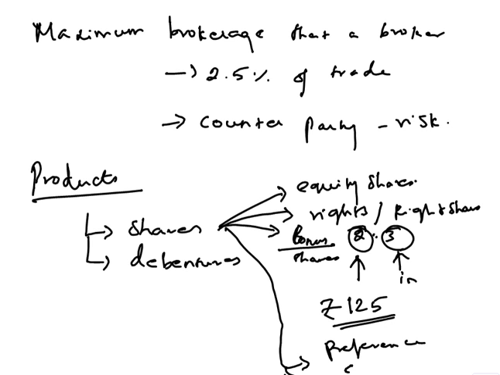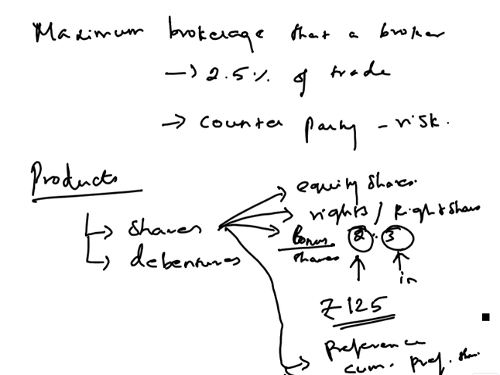And there is something called cumulative preference shares. That is a type of preference shares on which the dividend accumulates if it remains unpaid. Okay, fine. So if I'm not paying dividend, it gets accumulated. That means I'm obliged to pay the arrears dividend before paying the dividend on the equity shares. So I cannot pay a dividend to the equity shareholders unless and until I pay these preference shareholders their arrear dividends. That is what a cumulative preference share is all about.